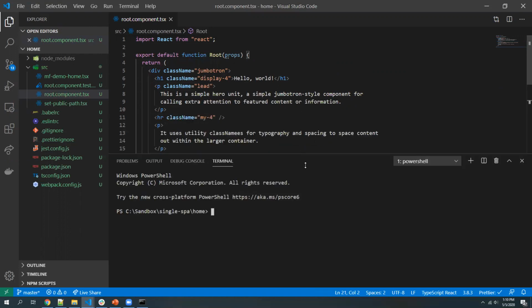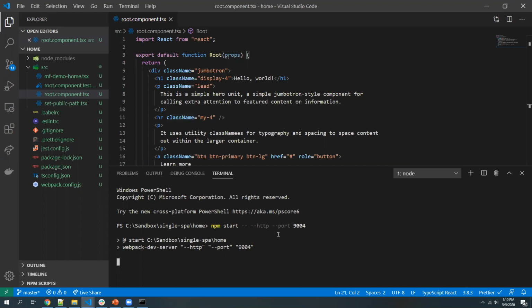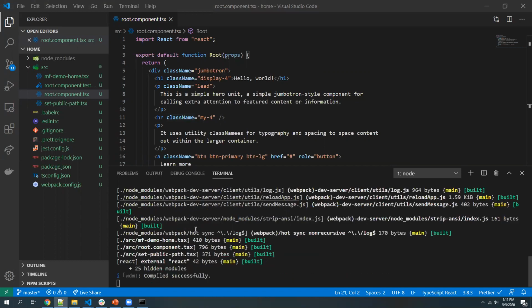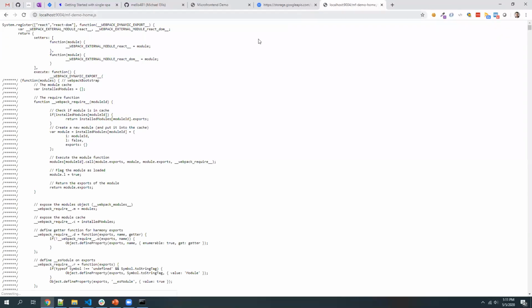So what I've done right now is I just added that Jumbotron code to my home micro front end, which I created with this Single-spa CLI tool. Then I'm going to start it again locally, and I'm going to put this one on port 9004. So what we should be able to do, now that it's running, is confirm that the JavaScript, great. Okay, so the JavaScript file is being exported there,